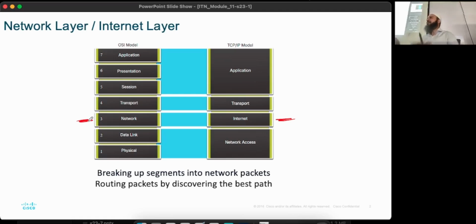The word network is very generic. I mean, it's very general. Network, everything is a network, right? So they call it a network in the sense that it's going to allow you to communicate from one network to another network. That's why it's called a network layer. And it's also called the internet layer in the TCP/IP model because this is the layer which allows you to communicate with any device over the internet, right? So now we are moving from the local area network over to wide area networks, which essentially means we are now going to be able to communicate with the whole world.